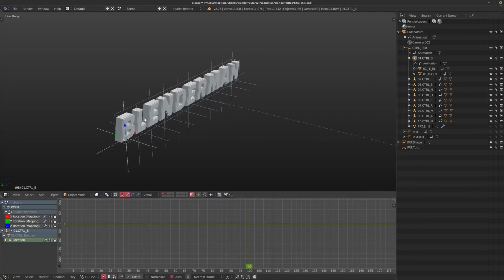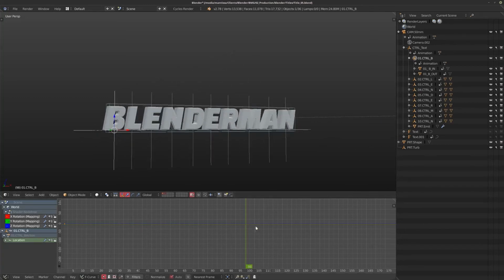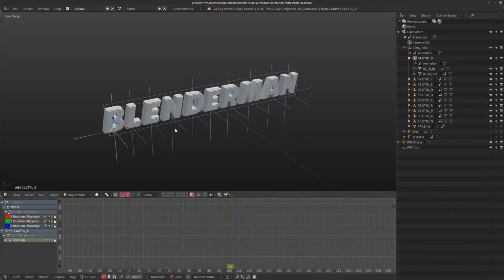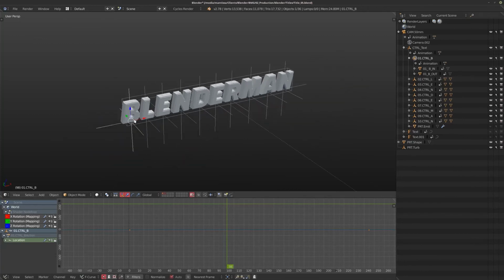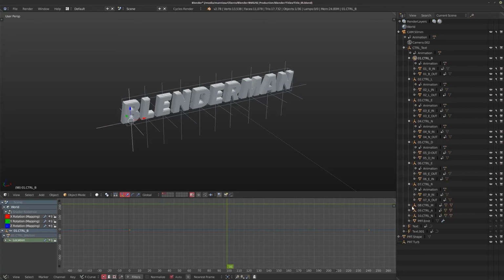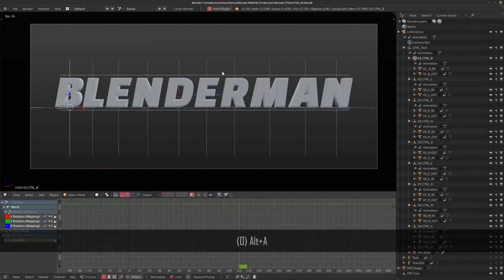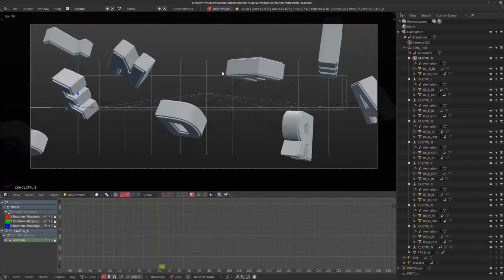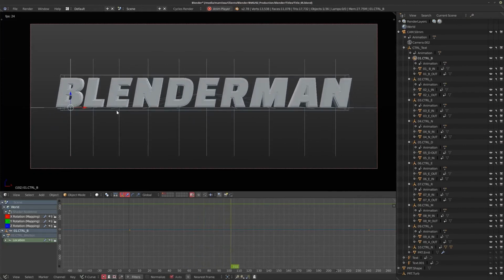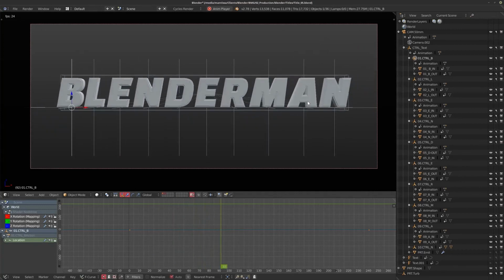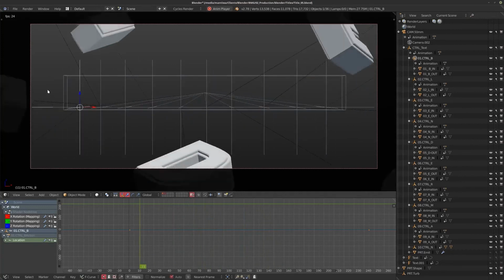Now I like doing that mainly because I'm not the best graph editor master, and I like to separate all of these things out because it makes it a lot easier to deal with. That being said, it gives you a lot of sort of linking and a lot of objects, but once you get used to this stuff, you can make your life a lot easier by just separating out all the different animations you want to do to the text, and that way giving you a really cool, nice end result. So as you can see, they come in really nicely. I'm able to ease in the movement of the text sort of forming together, and in the meantime, all of these helpers are sort of pushing it out and spacing them out ever so slightly, and it works very well.